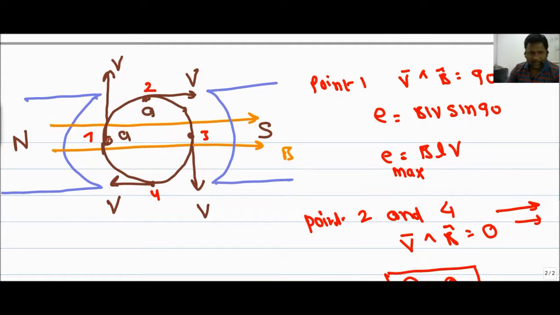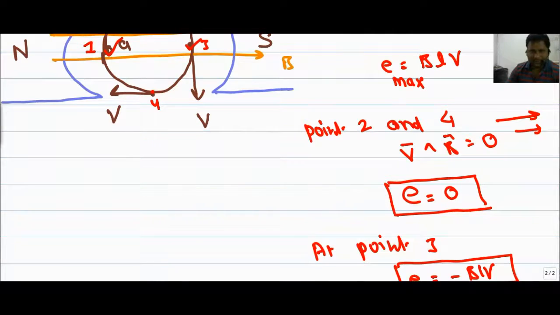So at point 1 the induced EMF is maximum, at point 3 the induced EMF is maximum but negative, with a magnitude of minus B L V, but at points 2 and 4 the induced EMF is 0 because there is no flux cut. Maximum flux passes across this rotor, but across the conductor there is zero flux cut. That means there is no induced EMF at 2 and 4, and at 1 and 3 there are the positive maximum and the negative maximum induced EMF respectively. So we can say that the expression for the induced EMF